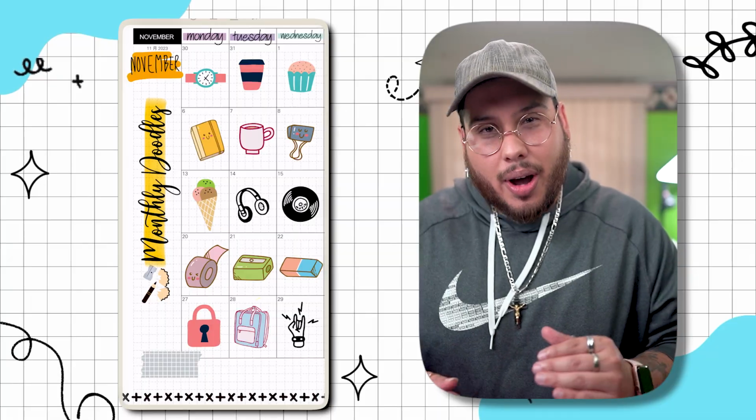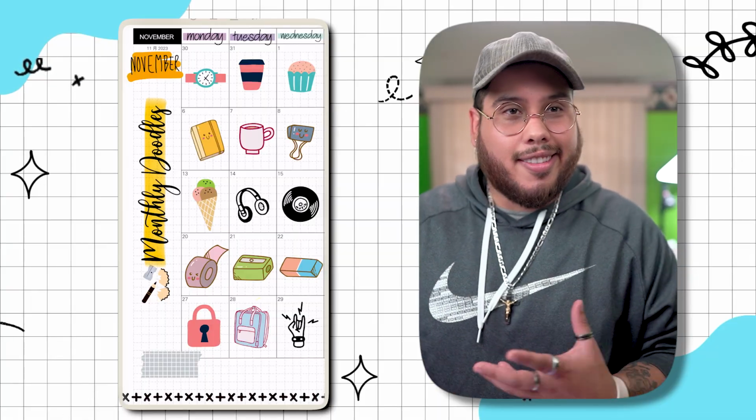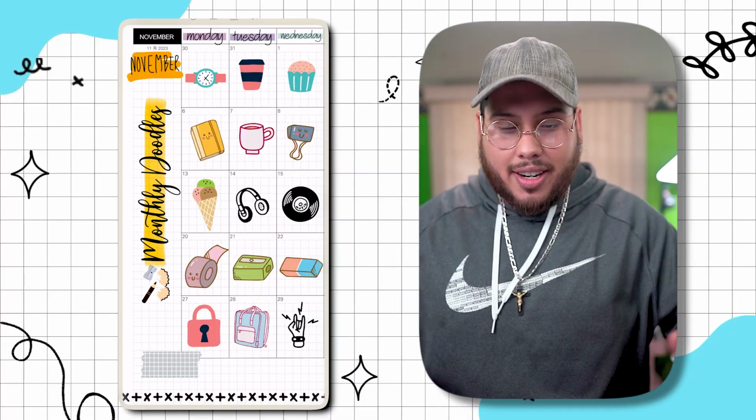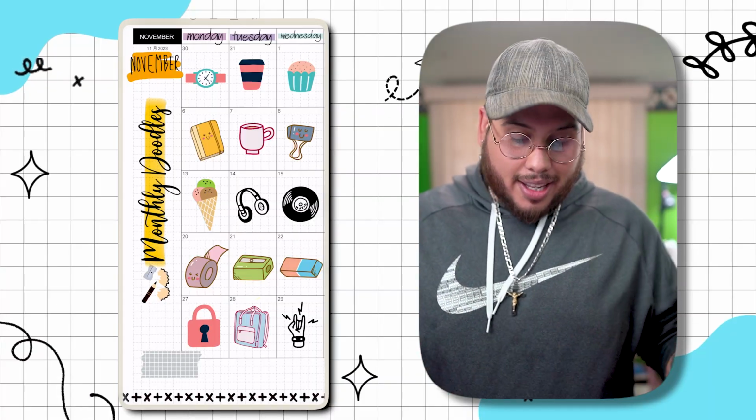I feel like it's low effort, low commitment with a lot of good stuff that comes out of it. Okay. It's fun. It's a good way to be creative. It looks cool. And yeah, I'm a fan of the monthly doodles. Now I sound like an asshole about the weather tracker, but don't judge me. Next idea,